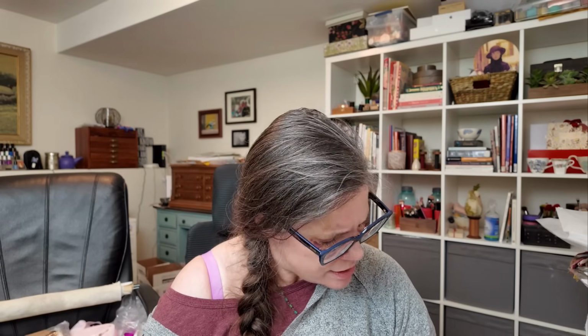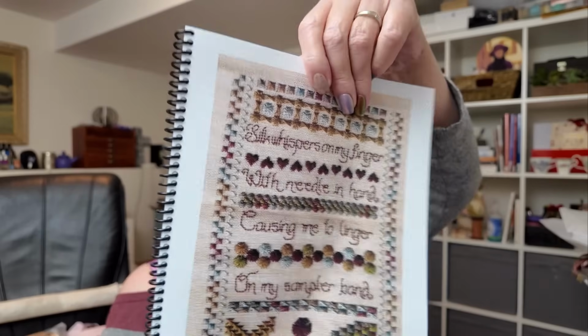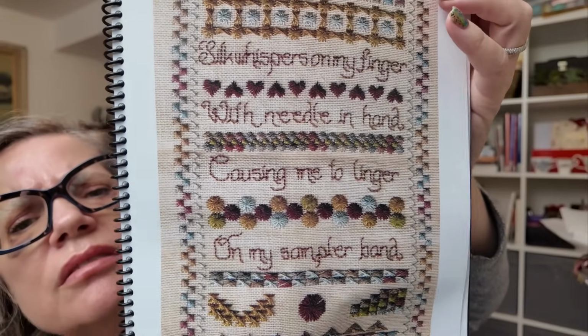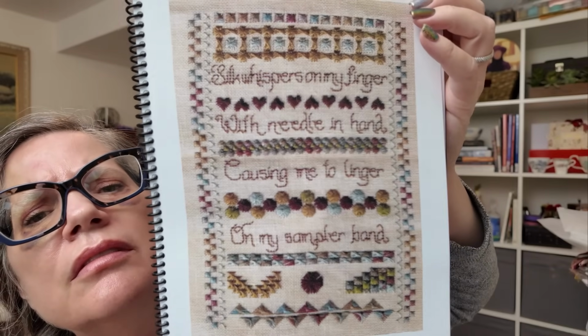And my friend Phoebe loves Jeanette Douglas. And so she's done a lot of her stuff, and I love Phoebe's finishes. Oh, this is another example. And then the last one, that's Rhodes Rhapsody, sorry. And then this is Herringbone Hour